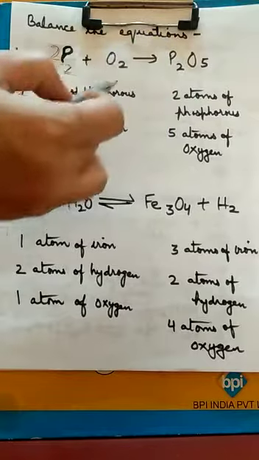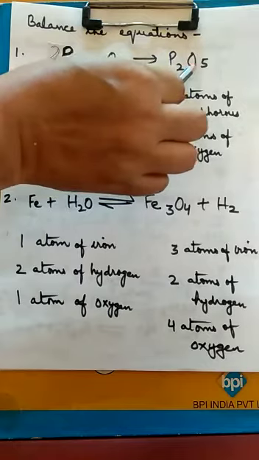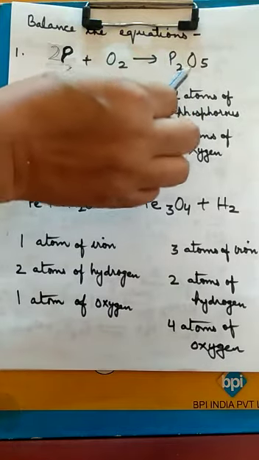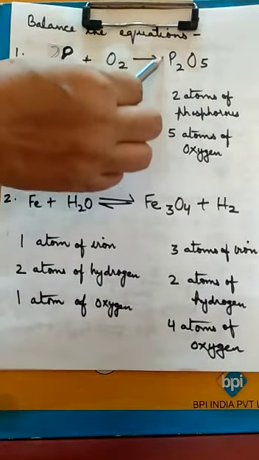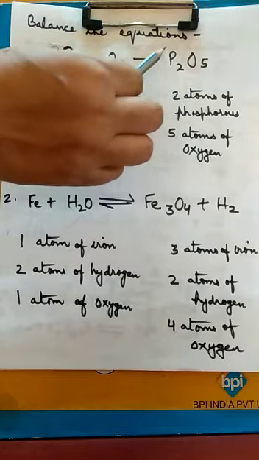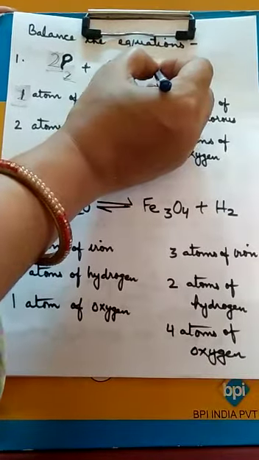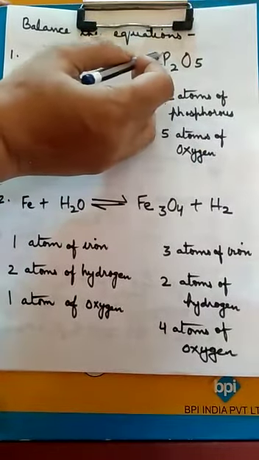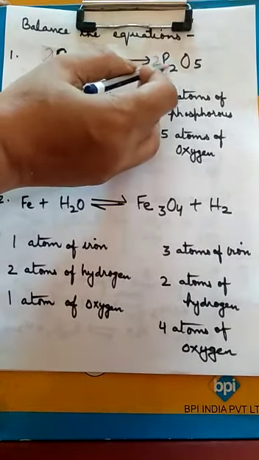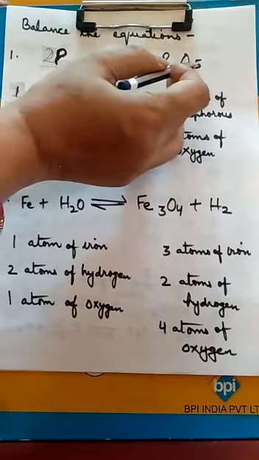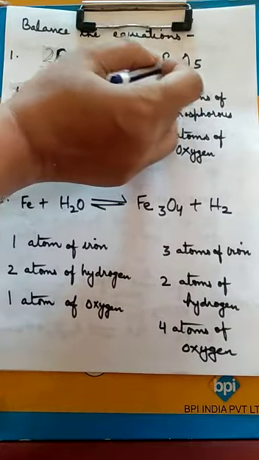Now let us balance the oxygen. Here 2 atoms and on this side 5 atoms. So for oxygen I have to write the number here. I cannot insert or change this number. If no number is written, that means 1 is written. So let us start with 2. If I write 2 here, that is the smallest number, and this 2 will go for both phosphorus and oxygen. So 2 into 2, 4 atoms of phosphorus are present, and this number will be multiplied, so 2 into 5 will be 10 atoms of oxygen.